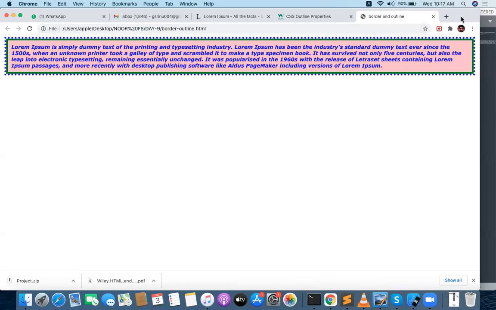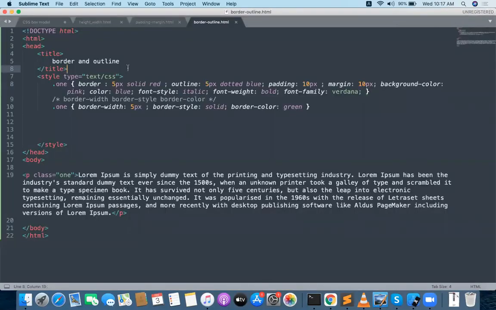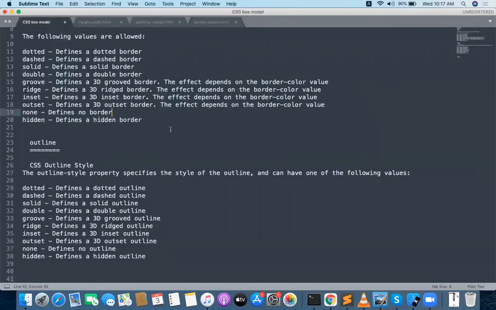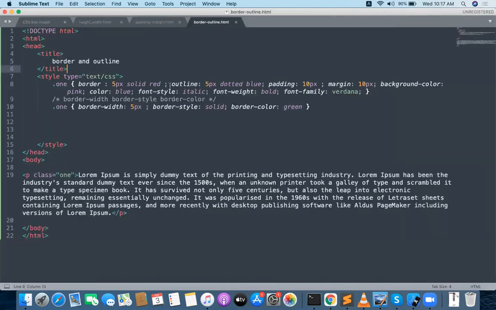Okay, so colors and all, anything you wish you can provide. These are the multiple properties which are going to be available in the box model. Outline style, outline color is actually available now. This is the outline, border width, border style, border color, right? And border style, border width, I can go with different things. Again, border width, you can go with two values, three values, four values. You can do that, okay?